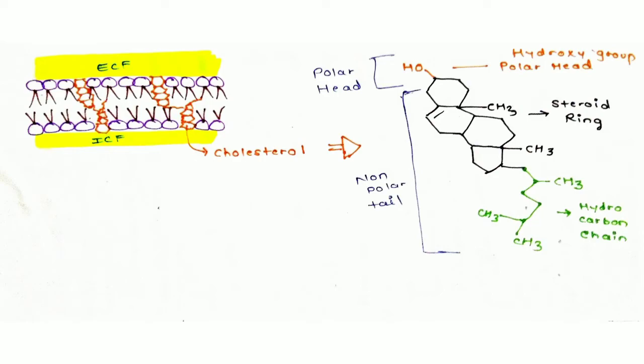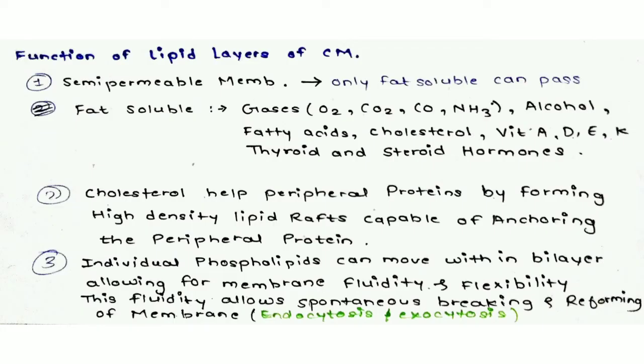Moving forward, we will be studying the functions of the lipid layer in the cell membrane. First, the lipid layer is a semi-permeable membrane, so only fat-soluble substances can pass through it. Fat-soluble substances like gaseous oxygen, carbon dioxide, carbon monoxide, ammonia gases, alcohol, fatty acids, cholesterol, different vitamins like A, D, E, K, and hormones like steroid hormones and thyroid hormones can pass through this lipid part